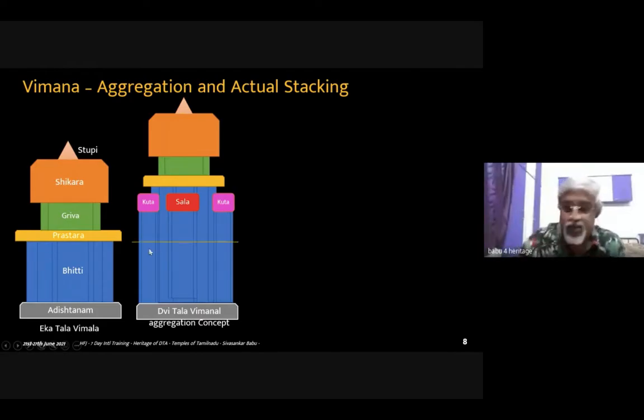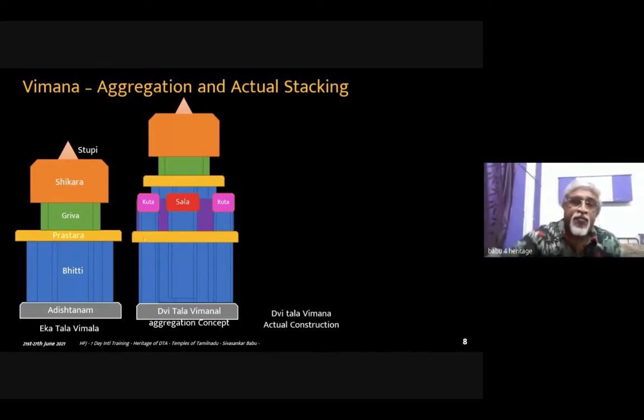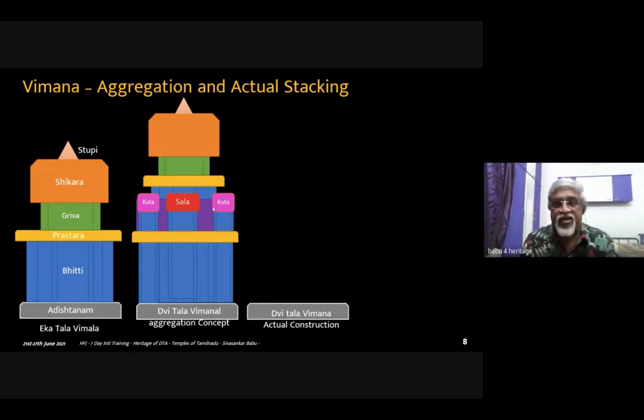Now it is taller, and then we put a prastara in between. So split it between first tala and second tala. So this is the logical view that when you expand a temple, you put smaller, taller temples around it and pack it first level, second level, third level like that. And this is a logical thinking. But when you actually construct, you won't be able to do like that. So we will need to go by tala. So this is the way it is actually done.